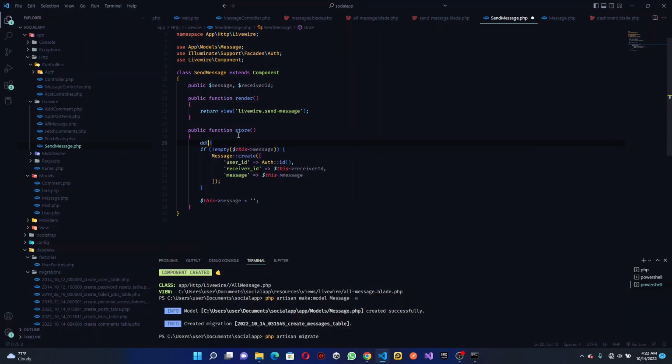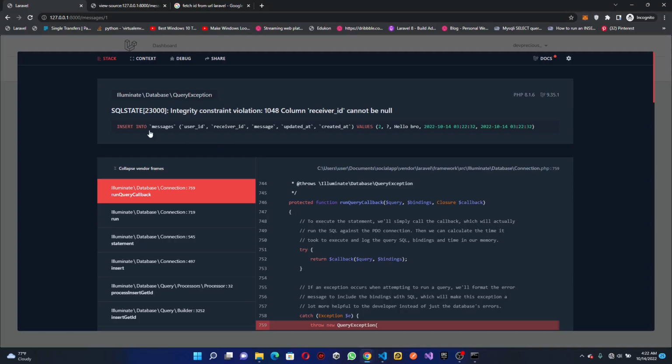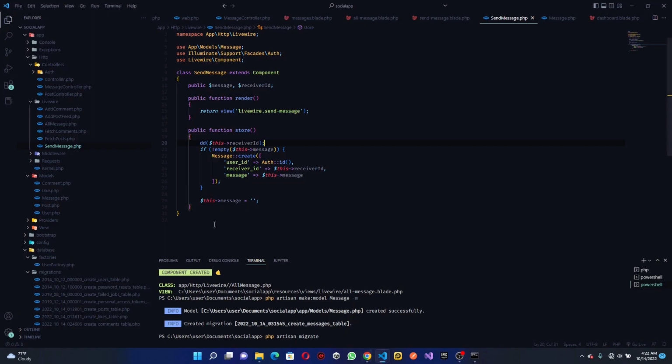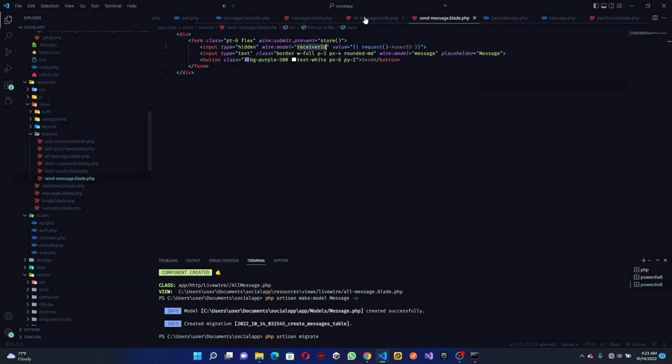I think I can do this. I'm trying to prevent the use of fetching the user data. I think I just want to do it through the URL. That's what is happening. So send. Okay, so it is null. So the user ID is not being passed. So I guess basically what we'll do is